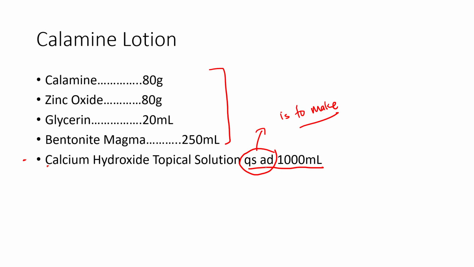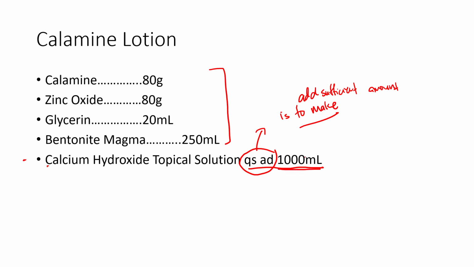It's not to make, it's add sufficient amount. Fiat is to make. But it could also be read in English as to make 1000 ml. Yes, it actually is. It carries the same meaning. So that's why I was confused on to make. Or add a sufficient amount to make